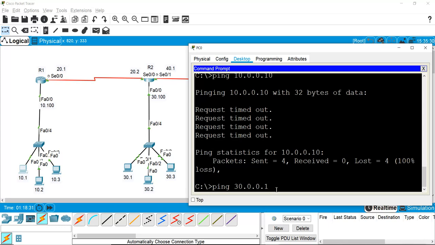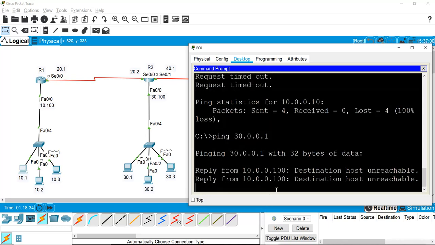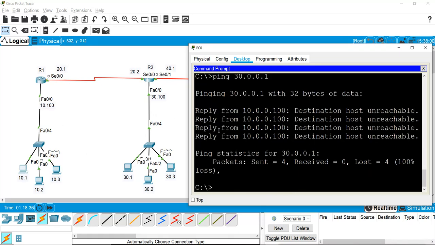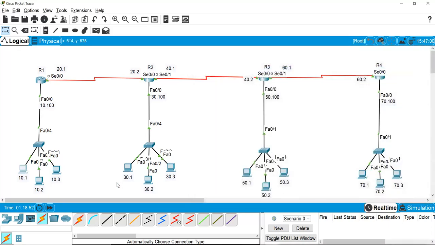So when I try to ping any other network IP, our request is going to the router, and the router is saying what? Right now it is saying destination host unreachable. So what happens when the router gets the request? The router checks its own routing table, and the routing table has the entry of all the other networks which are there in the environment. Right now we have these other networks, like we have 30, 40, 50, 60, 70, but this router does not know anything about those networks because we have not configured anything. They just know only the network which is connected.